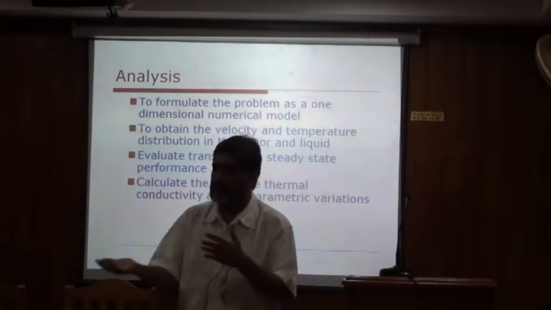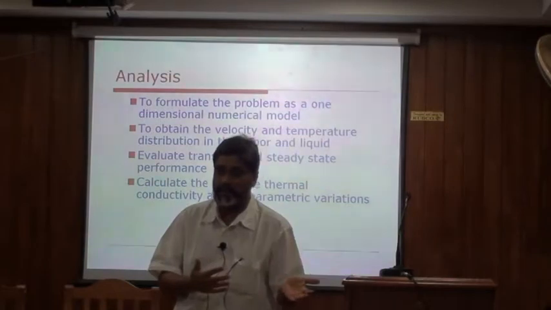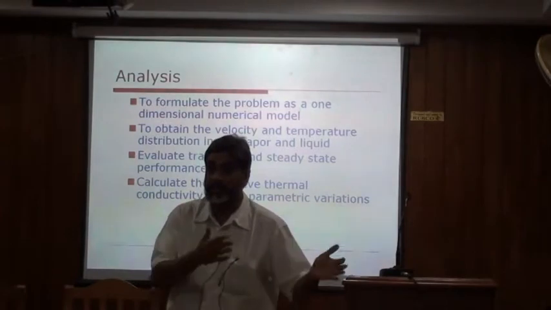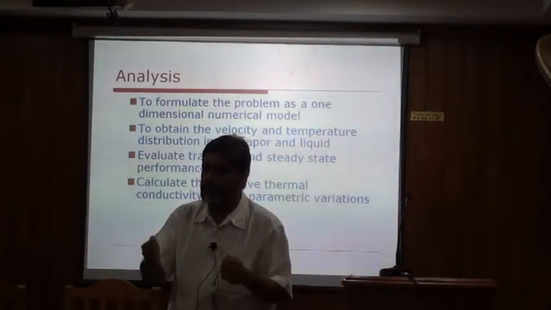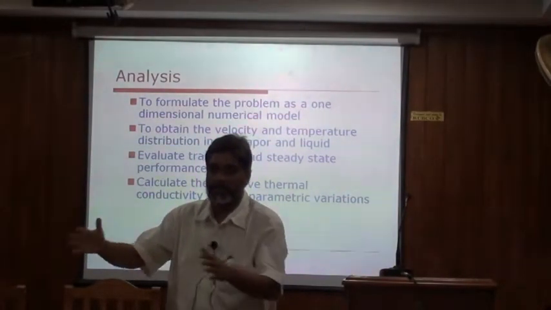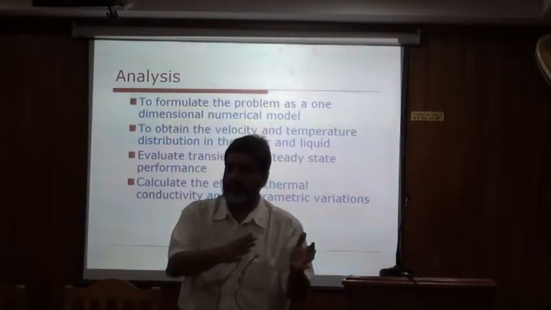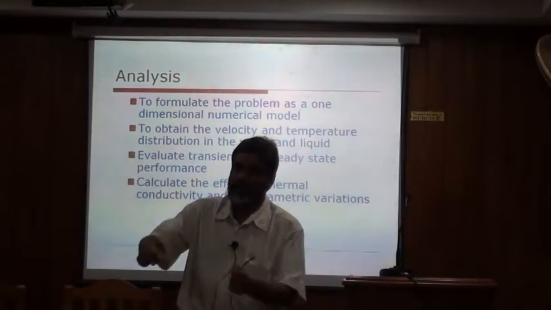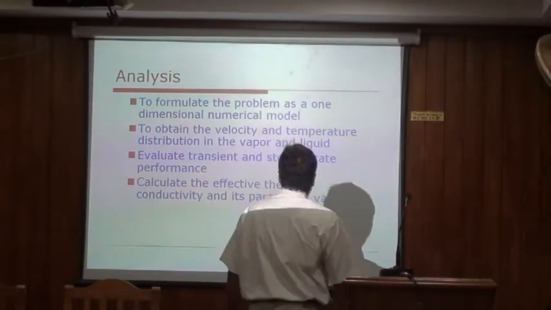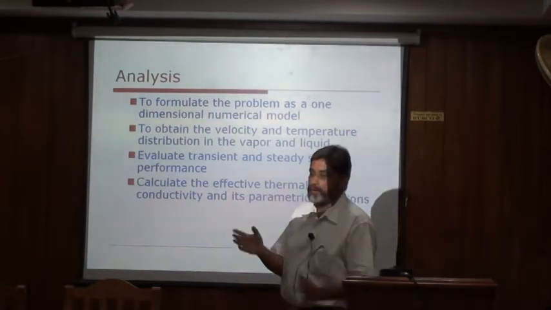Many devices go switching on and off, is it not? So the transient condition is also important for me. What is the performance at the transient condition? Or rather, I am using a heat pipe which is designed for a steady state. Is it going to make the situation worse in this transient condition? Maybe it is dissipating heat into some neighbor space. It can happen, is it not? Because the system will cool down at different rates. Different parts of the system will cool down at different rates, and then this may be cooling one component, at the same time dumping the heat on another component which is colder than it. So this can happen. So in the transient case, it is important to understand what is the transient performance of the heat pipe, and also to calculate a performance parameter.